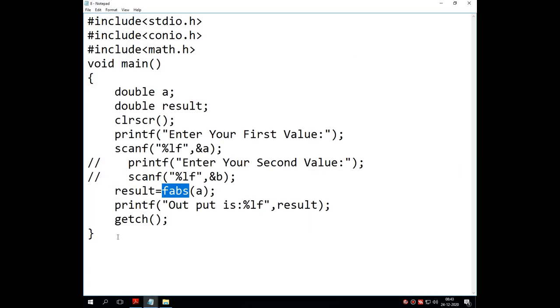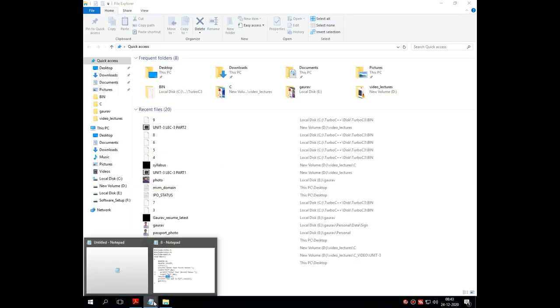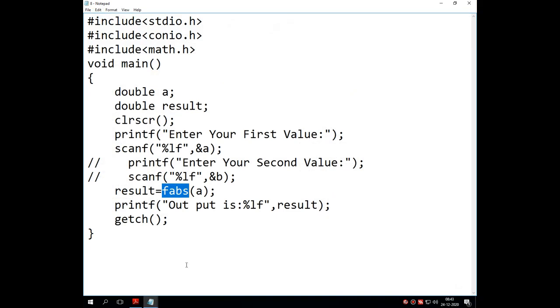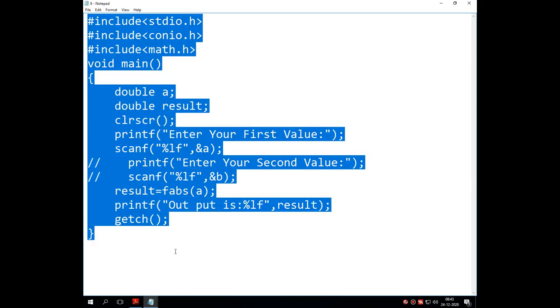Sorry, that is 8.c, my mistake. Write down the definition for writing this particular program. Write a program to demonstrate the use of fabs function.